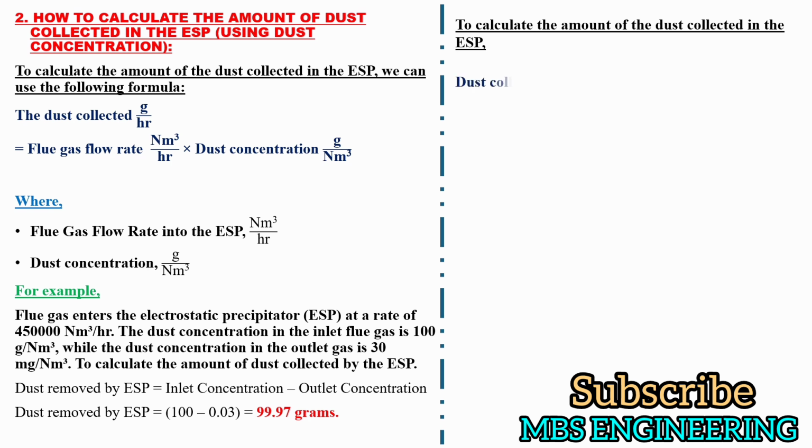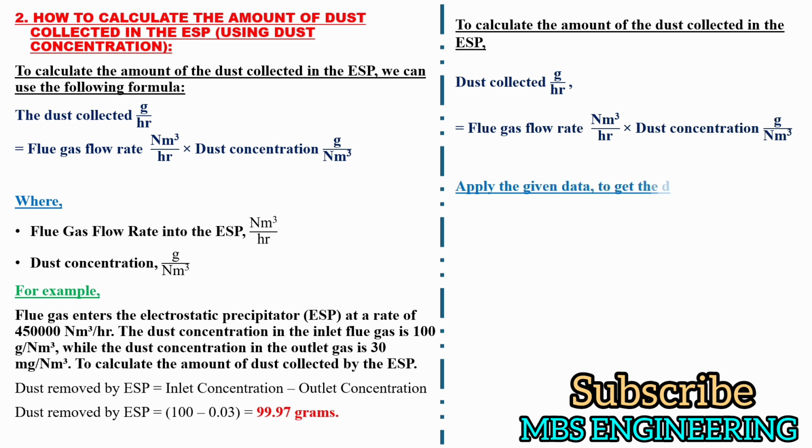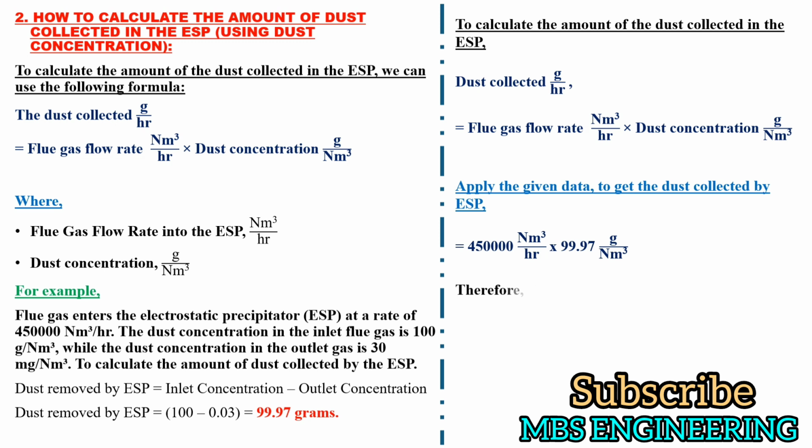The dust collected, in grams per hour, is the flue gas flow rate in Newton meter cube per hour, multiplied by the dust concentration in grams per Newton meter cube. Apply the given data to get the dust collected by ESP. 4,50,000 Newton meter cube per hour, multiplied by 99.97 gram per Newton meter cube. Therefore, the dust collected by ESP,